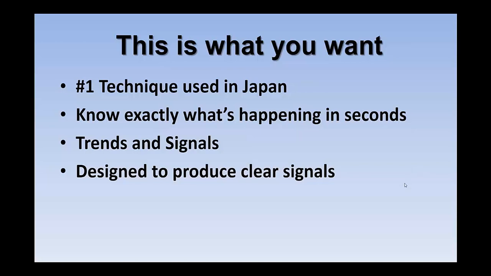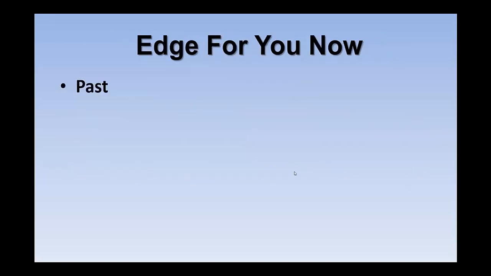All right. Now, this is the edge for you. How many of you in here have used indicators that have shown you what happened in the past of the price action? Almost every indicator will do it, right? And you're like, well, that's worthless. It just showed me what happened in the past. That doesn't mean that's what's happening now. It also does not give me any future projection of what might happen.